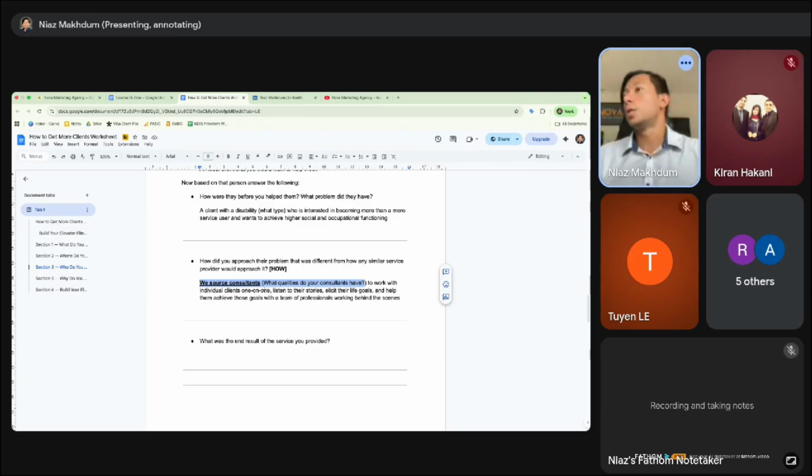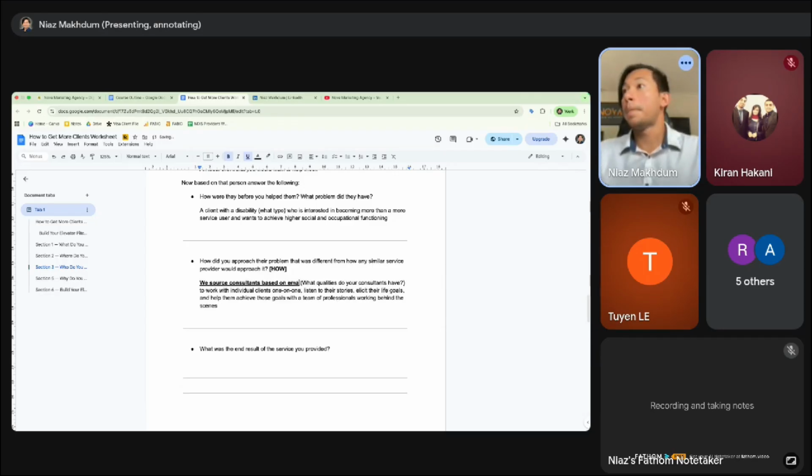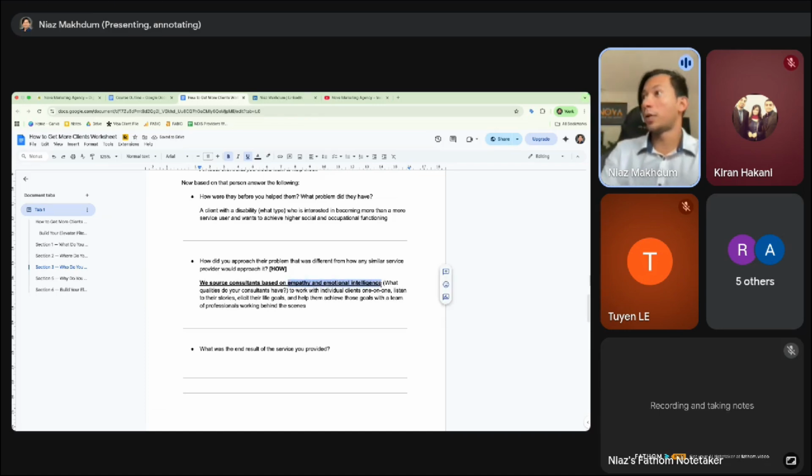We source consultants based on empathy and emotional intelligence. This is something that I would have added, because that's like the number one criteria you would need for the work that's being done here. So this is something important to have. It'll affect the last elevator pitch as well. To work with clients,